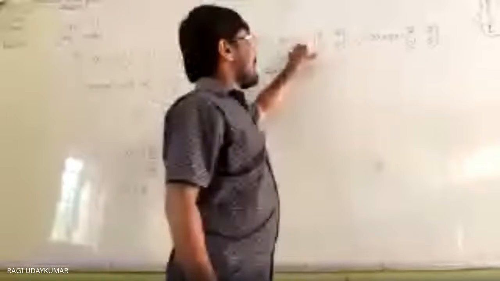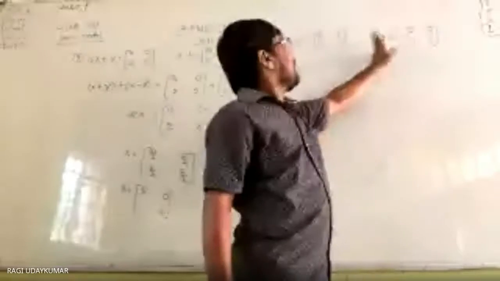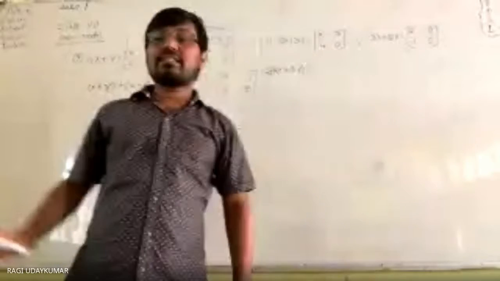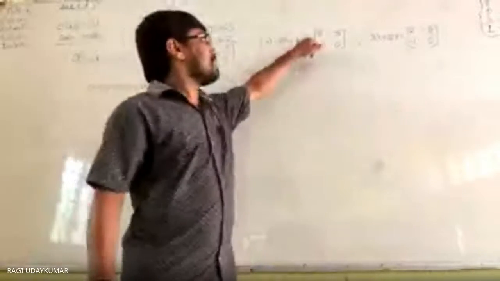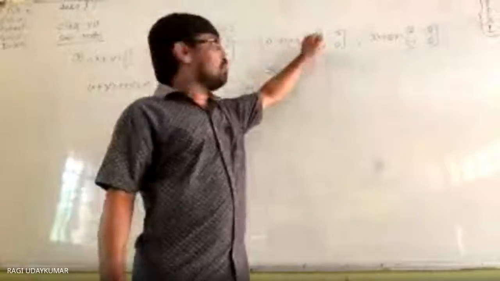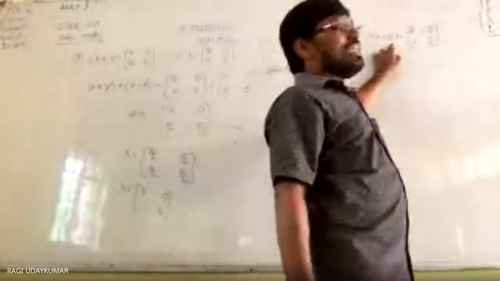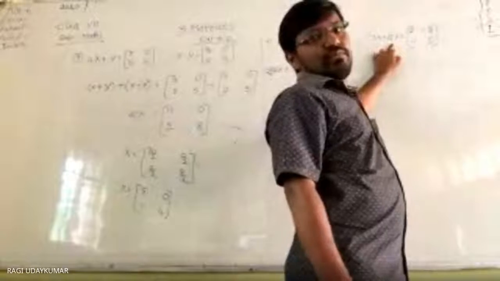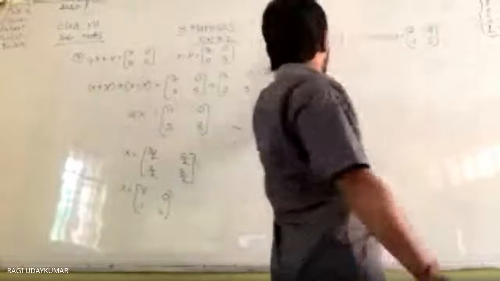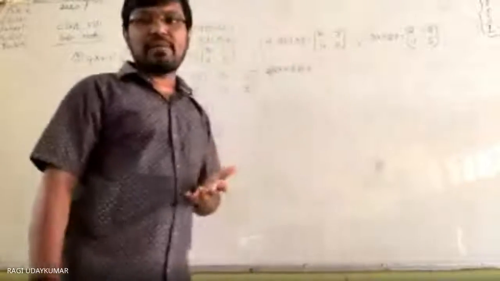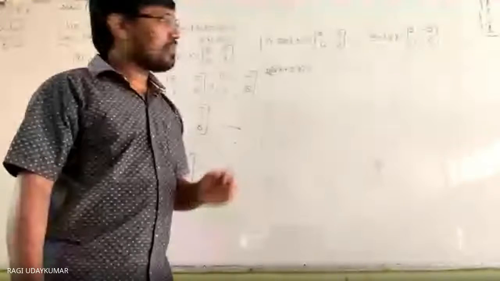इसको 6 करना है, इधर भी 6 करना है, ये 2 को भी 6 करना है, और ये 3 को भी 6 करना है. 6 we can make it. To make this as a 6, we need to multiply by 2. To make this as a 6, we need to multiply by 3. Did you get my point? So ये पूरा, इसी को अकेला मल्टीप्लाई नहीं कर सकते, we have to multiply by the 2.